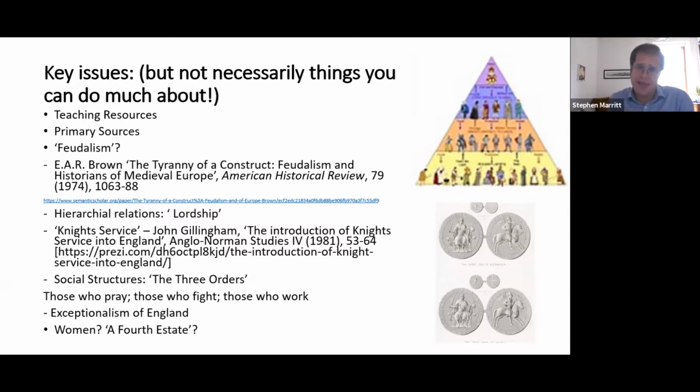But even there, way back in 1981, a great historian called John Gillingham, who when I was first a student, we used to go to this conference. It sounds like something from the 1960s, and you all had to play cricket with them in the sun outside Battle Abbey down in Hastings. It was a very different world.